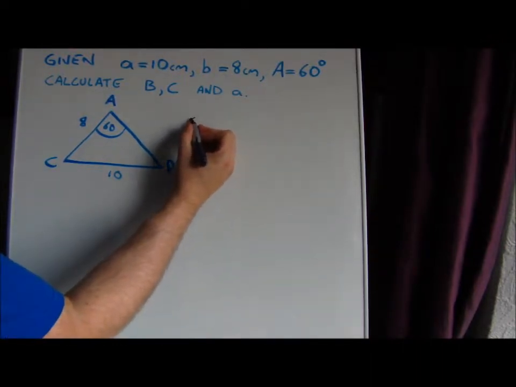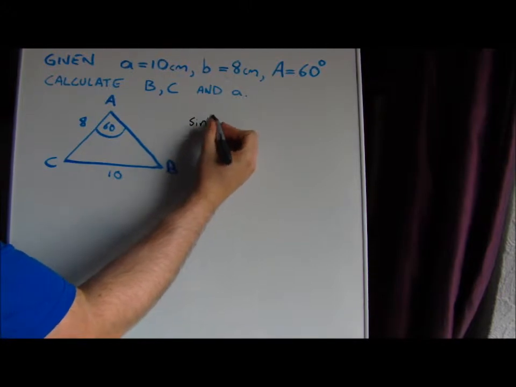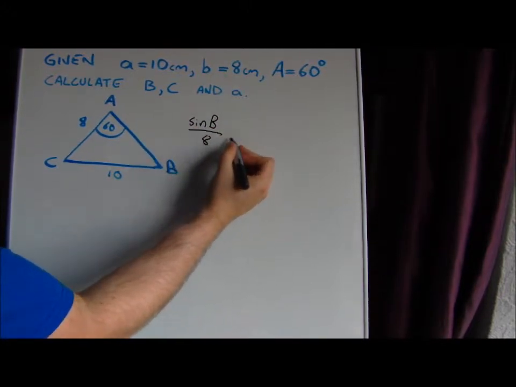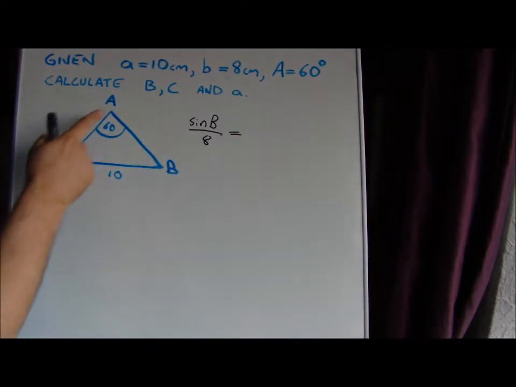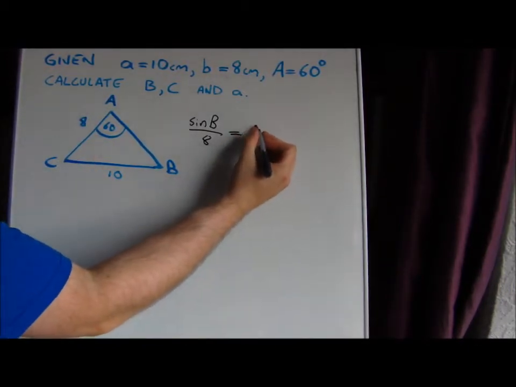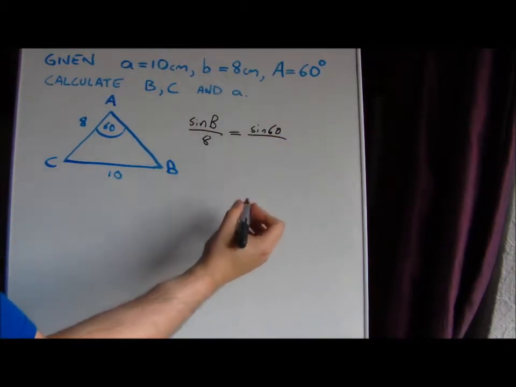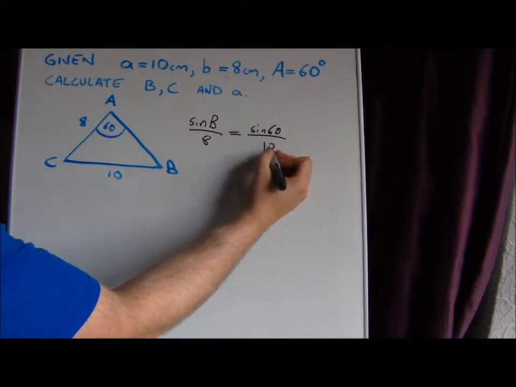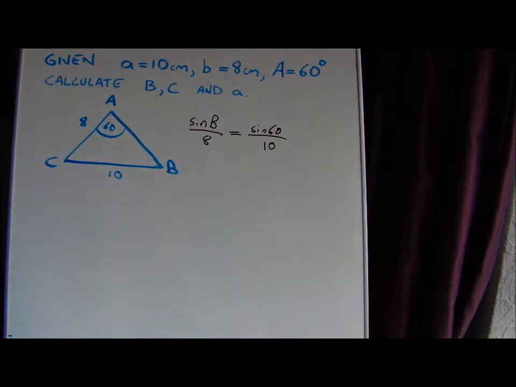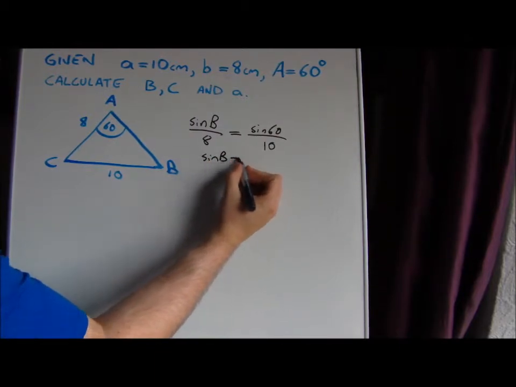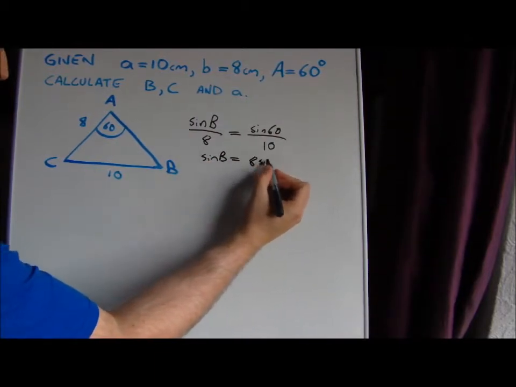So we'll write down the sine rule for this. So it's going to be sine B over its opposite side, which is 8. And we use the angle and the side that we already know. So it's going to be sine 60 divided by 10. We're going to rearrange this and try to calculate angle B. So if we rearrange, we get sine B is 8 sine 60